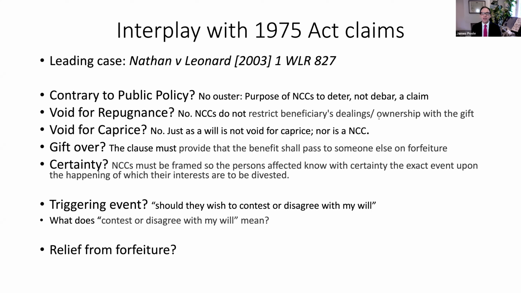Obviously, there are limits to that, and it's not completely unfettered. But obviously, the court has very broad discretion under the 75 Act. And a lot of people find that pretty surprising because the fundamental principle of English testamentary law is testamentary freedom. And obviously, the 75 Act is a deliberate and in many respects a very important limit on that, and one that makes sure that people who are deserving do get provided for. But it is in some ways surprising that it exists, given the testamentary freedom.